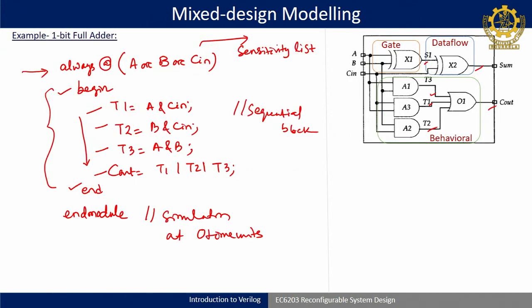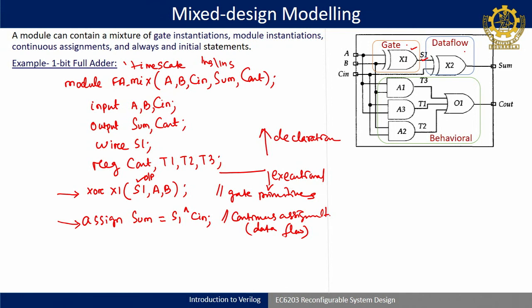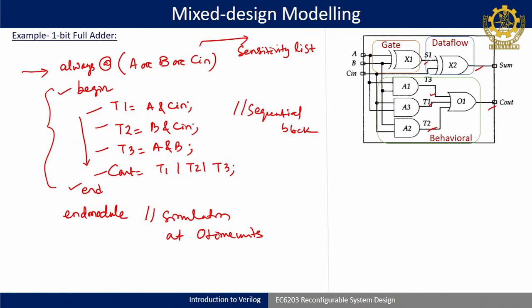Just remember, either you use a continuous assignment statement, or you use a gate level assignment statement, or you use a behavioral assignment statement. All the execution of these three will be done at the same time. These three individually are concurrent, but the body of the always is sequential. So understood? Now you can alternate this, you can take any one as gate, data flow and any one as behavioral. So we will end here with 3 modeling styles today, and next class we will see how to simulate a design.